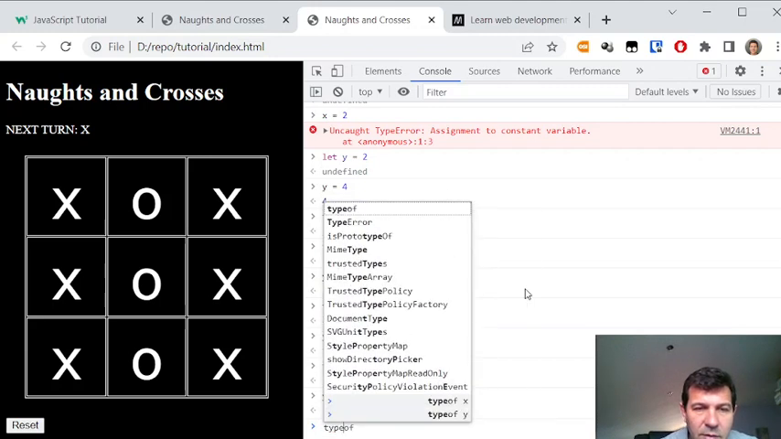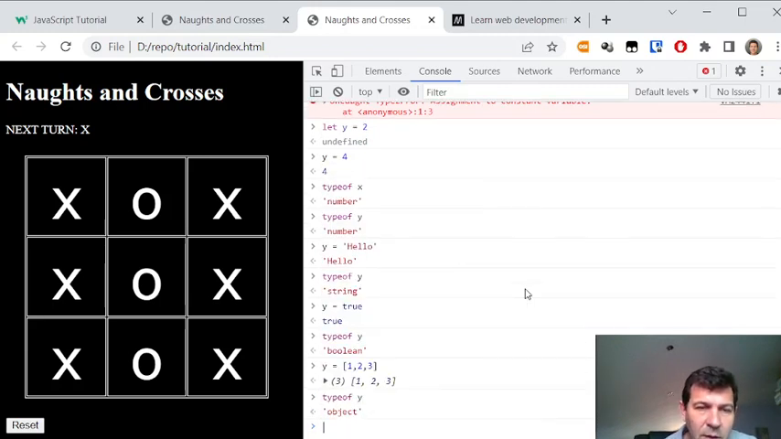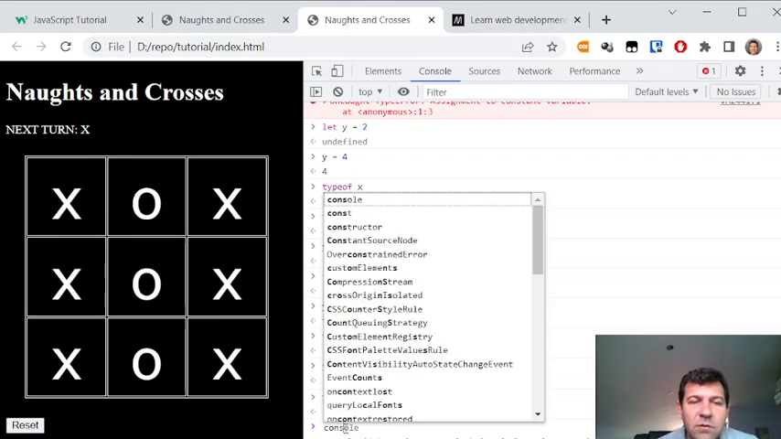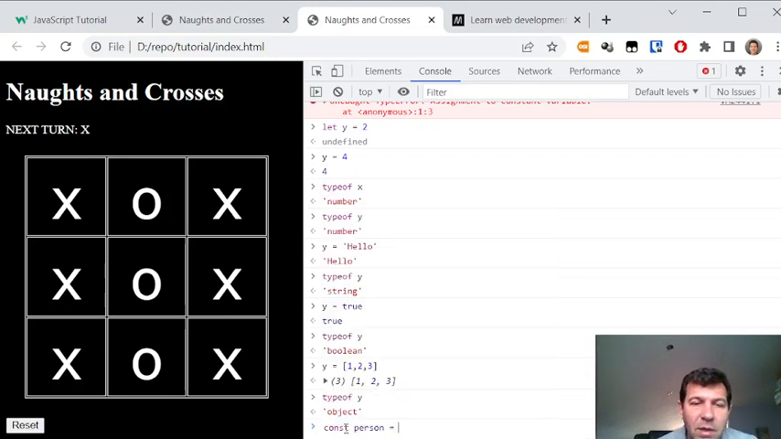Now, if we write type of y, it changes again. But surprisingly, it says it's an object. It doesn't say array, because in JavaScript an array is actually an object. And you can have different types of objects. A basic object is a way of saying we could have, for example, an object which is a person. So let's say const person equals. In this case, for an object, we would open curly brackets,